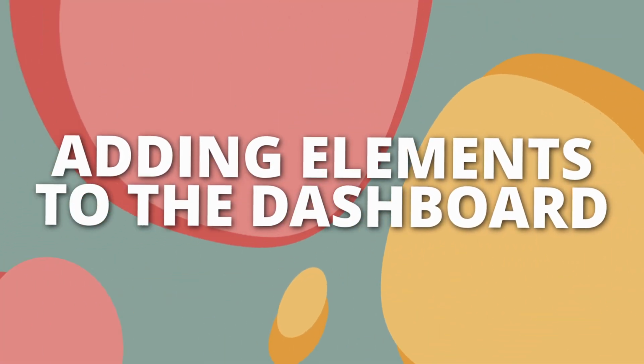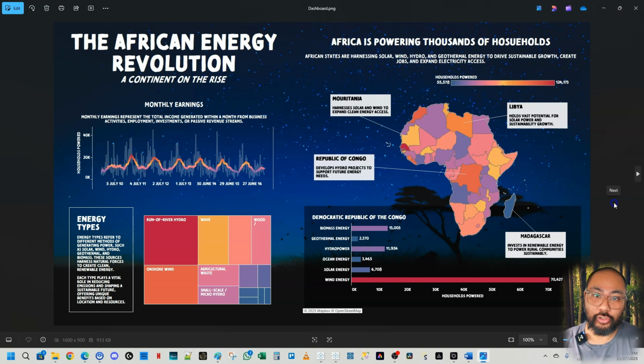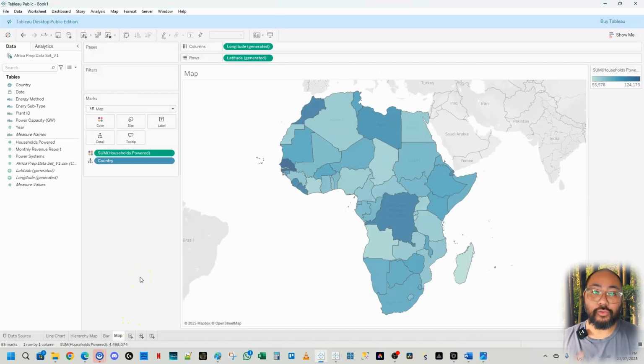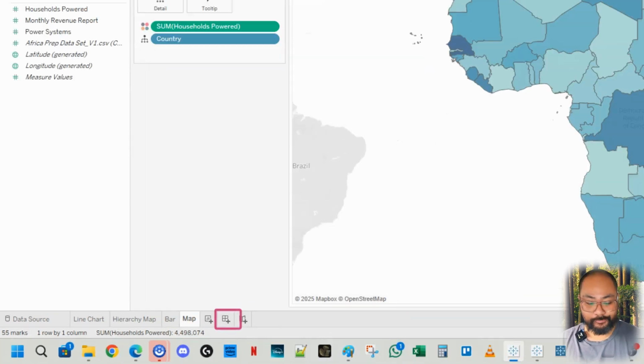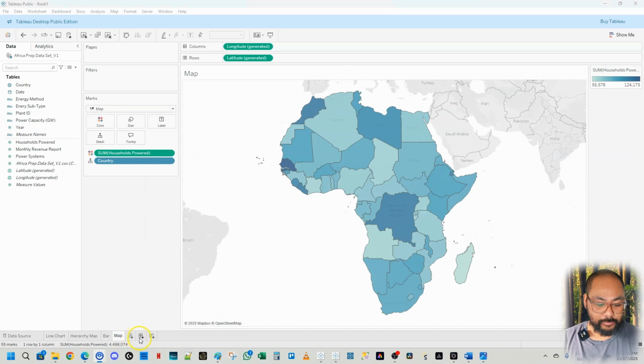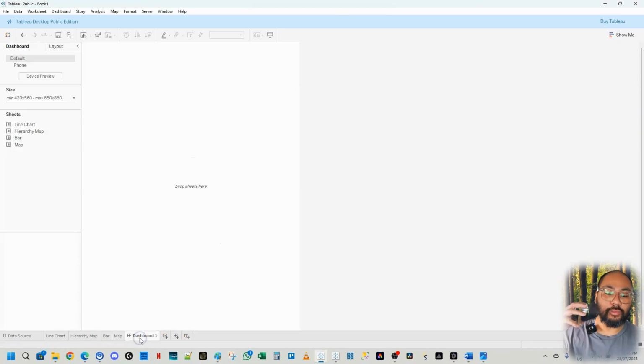Now that we have all the elements, it's time to build the dashboard. So let's head over to Tableau. In order to create a dashboard, if you just go down here, you're going to see this button right here, and that is the button to create a dashboard. Okay, so let's open that up. Now, because we're going to be putting